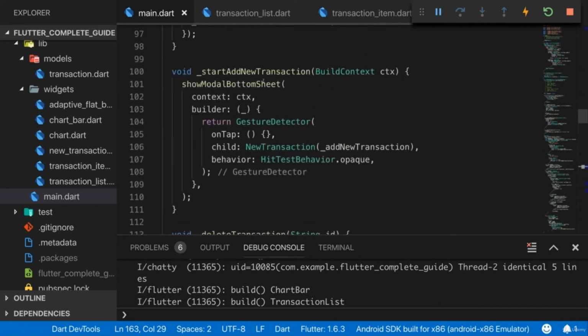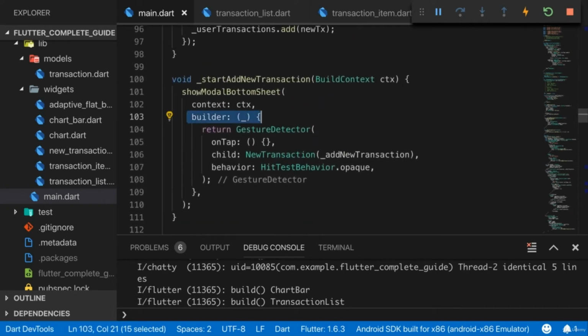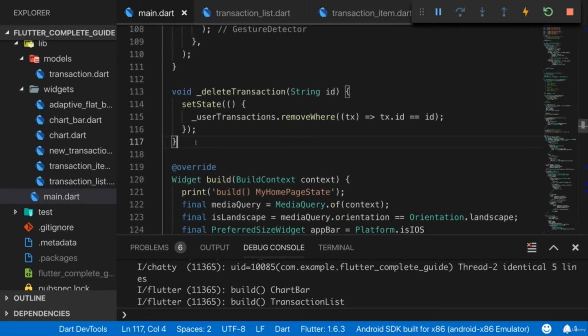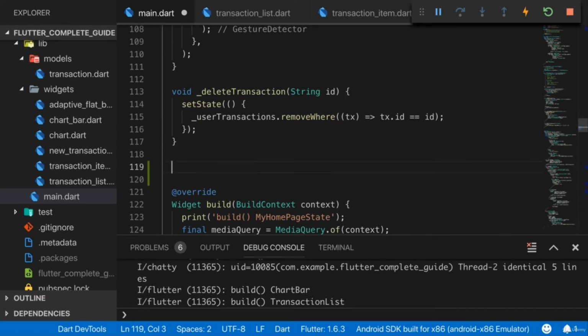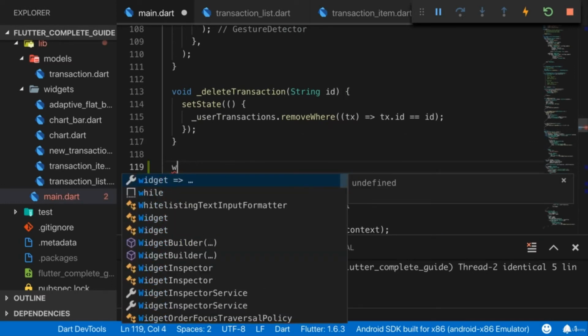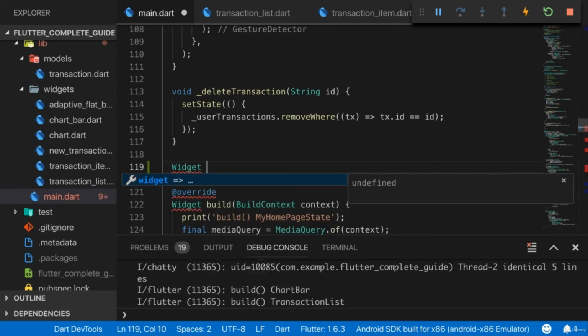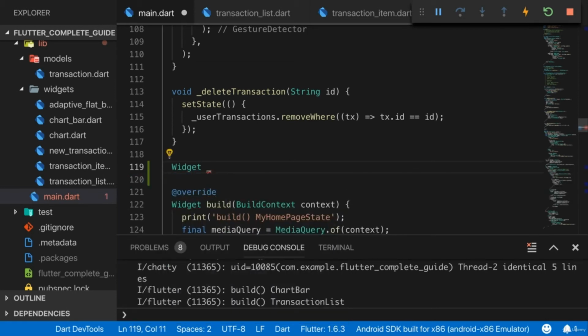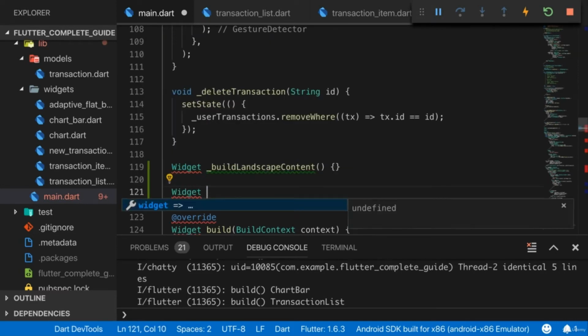With that, I'm not meaning functions or arguments like here on showModalBottomSheet, which also are builder functions, but I mean a method you add to your own widget, which is only called internally, which returns a widget in the end. That's important. It does not return void. It returns a widget, and you give it a name like buildLandscapeContent, and maybe also a second one, a widget which builds the portrait